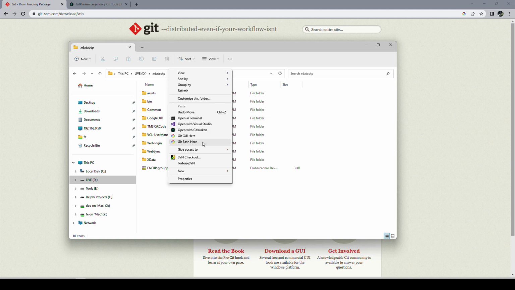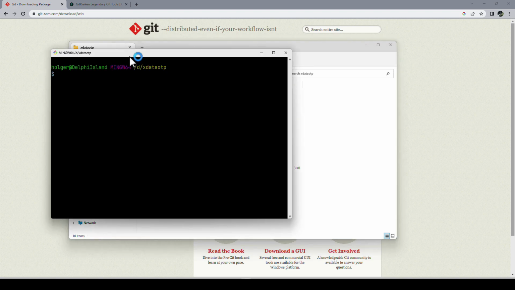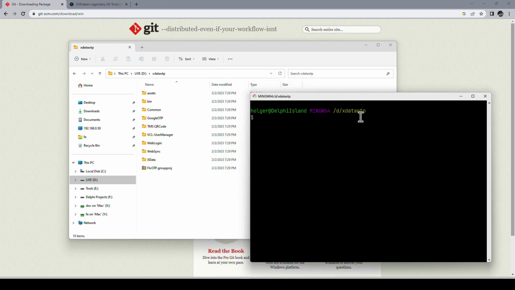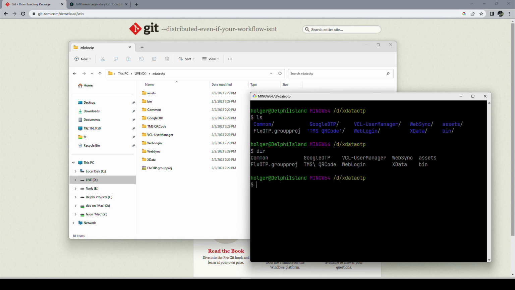Here I'm going to give you the bare bones basic Git Bash, and it opens up in the folder that you enabled it. So right now this is in this folder, and I don't even know, it even has Linux commands. So you can say ls. Does it also have dir? Yes. So you can pick which language you want to use, either ls or dir for directory. There's no need to learn Linux or any specific commands. We're going to use the Git specific command. So if you say git version, you see that the Git command line client is directly accessible here.